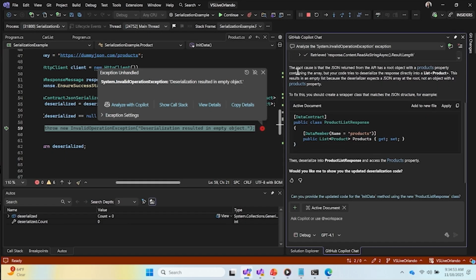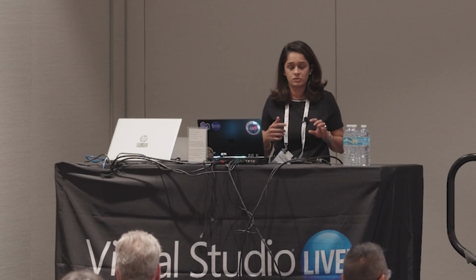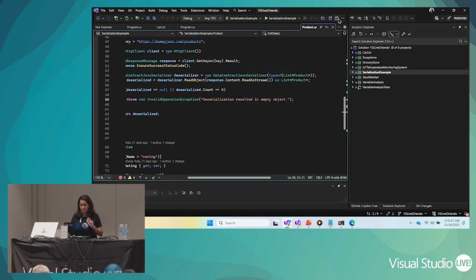So it's telling me that the root cause here is the API has a root object property, which is an array, and I'm actually assigning it to a list. So I just wanted to give you a quick example. This was a very simple exception, and Copilot was able to come up with an immediate fix. Sometimes there are exceptions which are not that simple, and even Copilot needs a little bit more time or more analysis to do that. I'm not going to go ahead and apply this change, but this was just a quick show. And now let's go to another exception